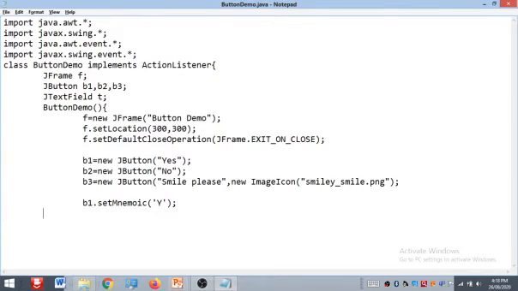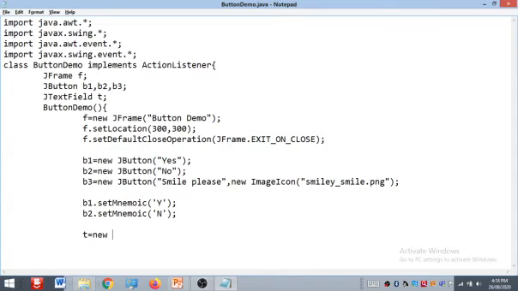Suppose capital Y for b1 and capital N for b2. It means we can set the shortcut key by using the setMnemonic method, and here we provide Y and N.